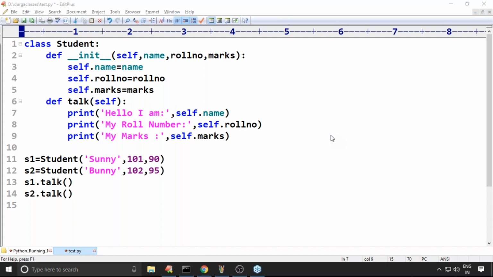Next: self dot x is equal to name. Name itself is the value, Pavan Kumar. Now what will happen with self dot x is equal to name? Which is the instance variable? Which is the object-related variable? Please confirm in this line which variable will be created for our object. x will be created, not name. Not name. x will be created.